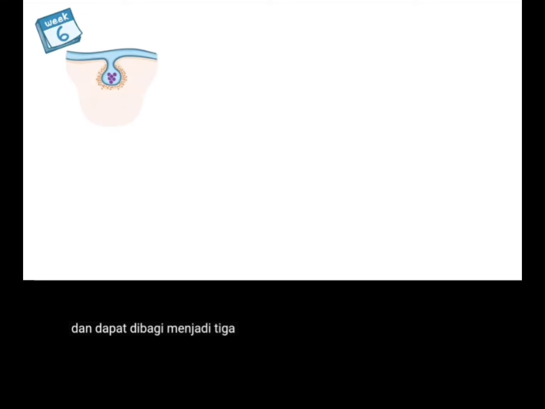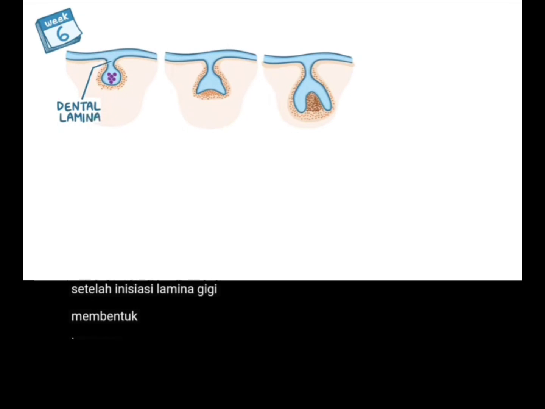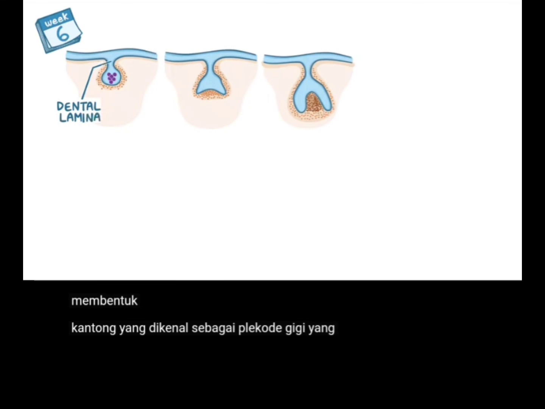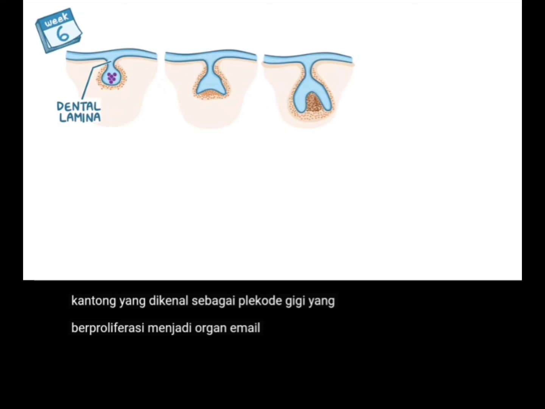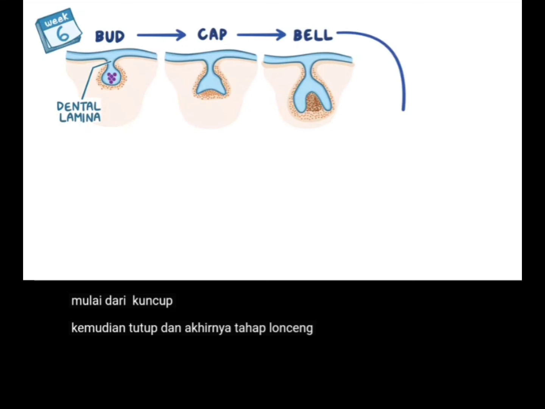Alright, as a quick recap, teeth begin to develop around week 6 of intrauterine life and can be divided into 3 main morphological stages. After the initiation, the dental lamina forms outpouchings known as dental placodes, which proliferate into enamel organs which change in shape as they grow, starting as the bud, then cap, and finally the bell stage. At the late bell,